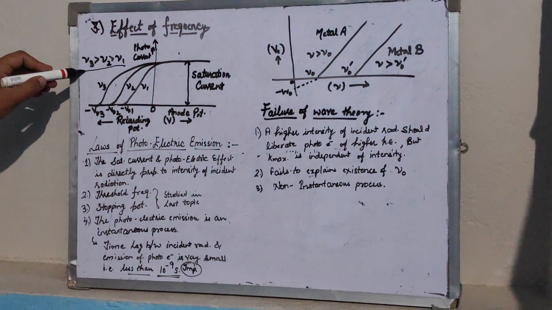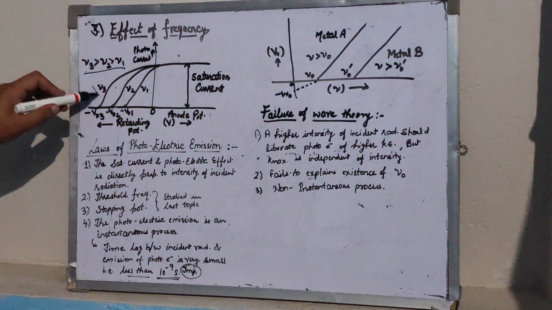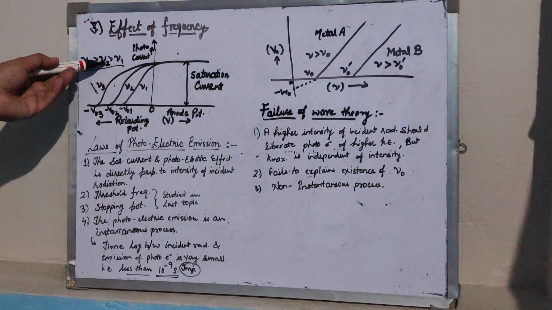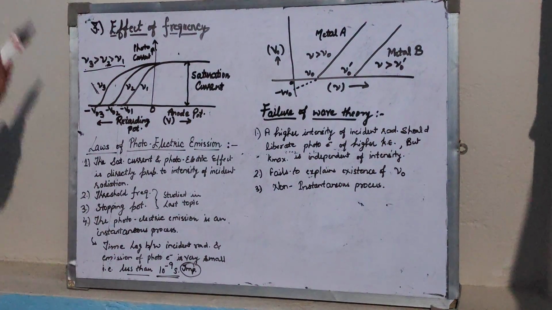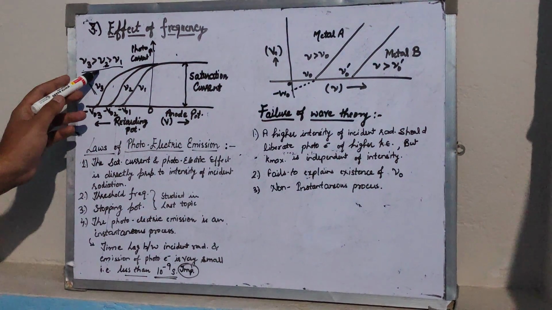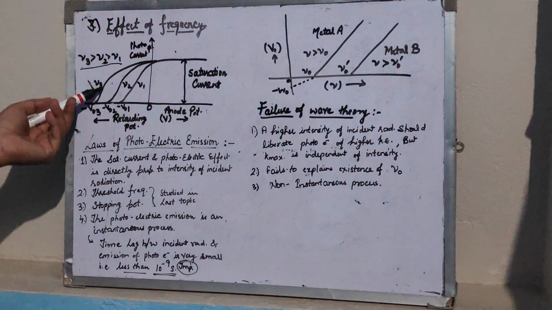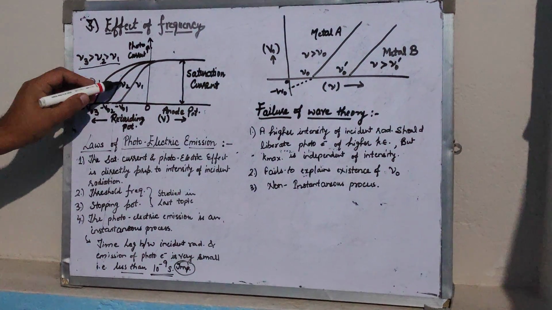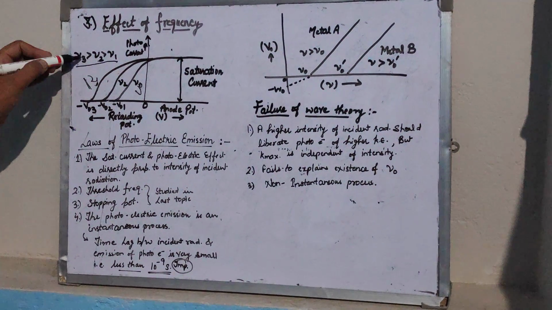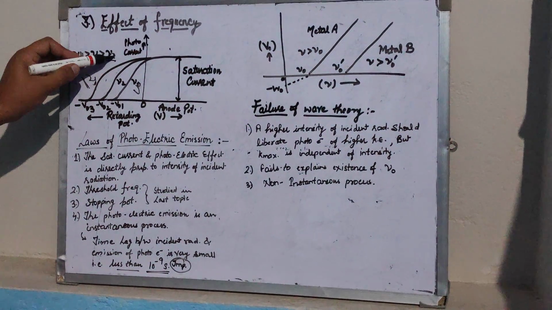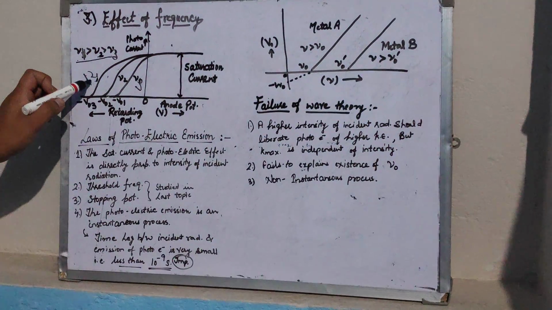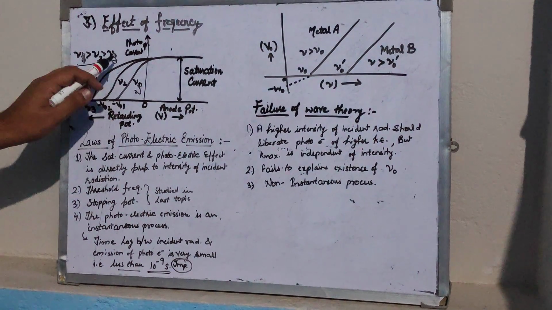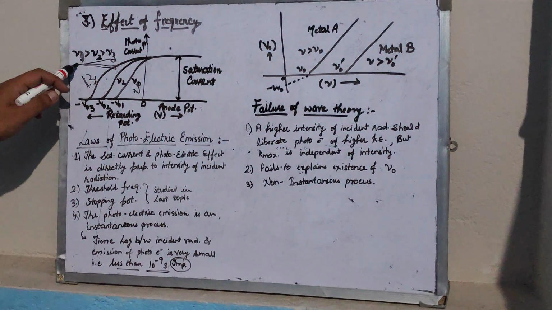this order is very important. The frequency nu3 is greater than nu2, as we can see in the graph, and nu2 is greater than nu1. As we have studied earlier, this order can vary in the question in the board exam. In the board exam we can get nu1 here, nu2 here and nu3 here, and then the order will become nu1 is greater than nu2, nu2 is greater than nu3. So please check the frequency, where is nu1 and where is nu3. This order is very important from the examination point of view.